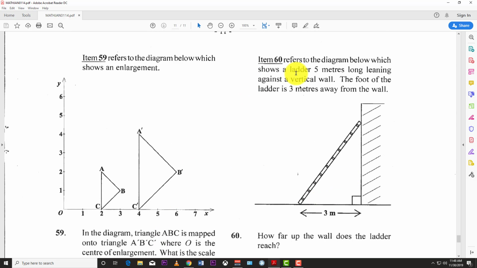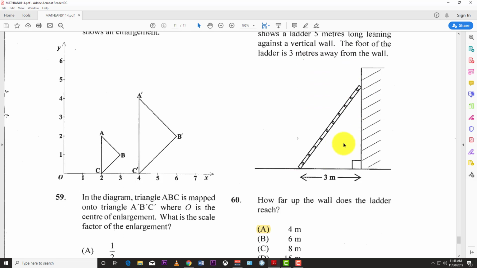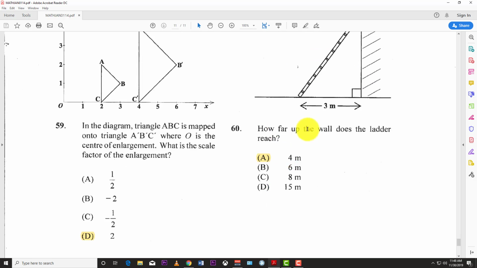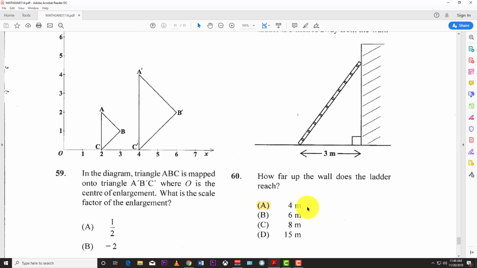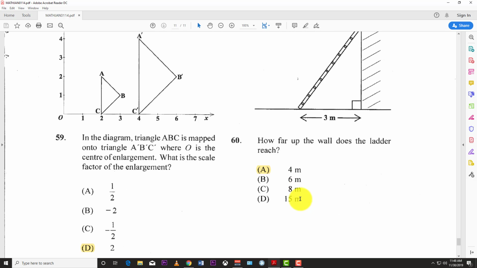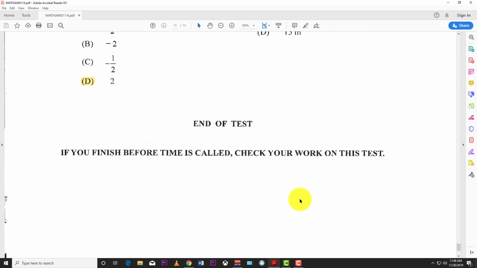Number 60 refers to this diagram, which shows a ladder 5 meters long leaning against a vertical wall. The foot of the ladder is 3 meters away from the wall. So you see the diagram right here. How far up the wall does the ladder reach? And the answer here is A, 4 meters. Alright, so that's it for the